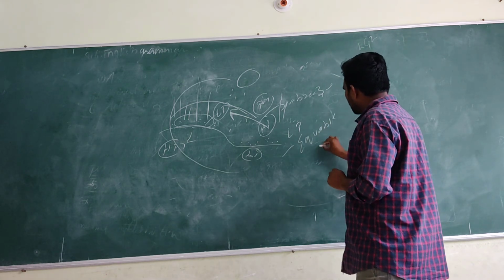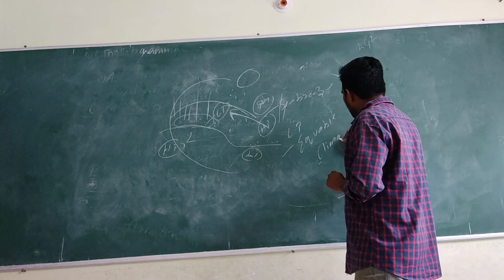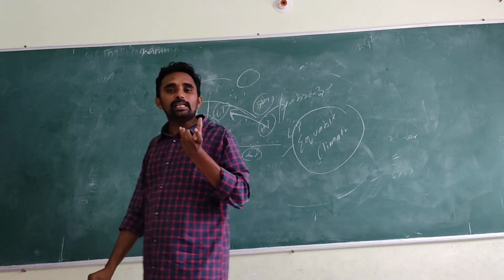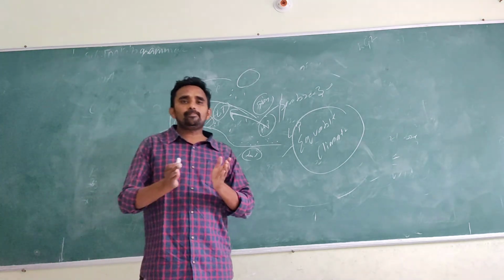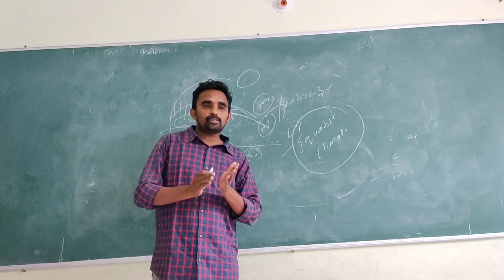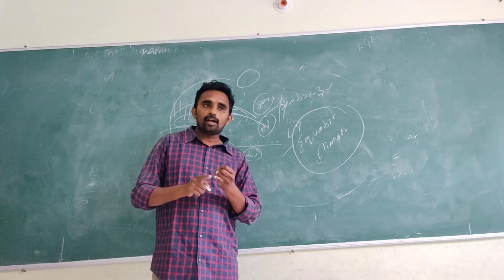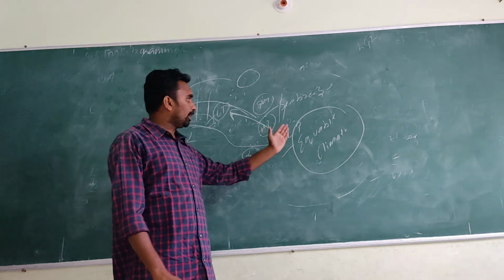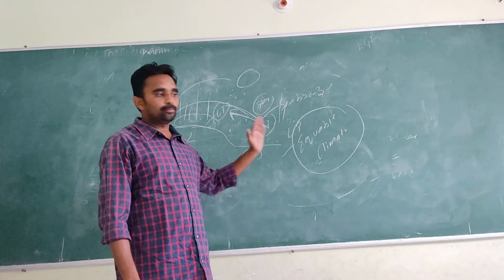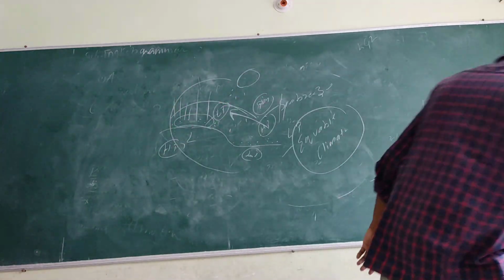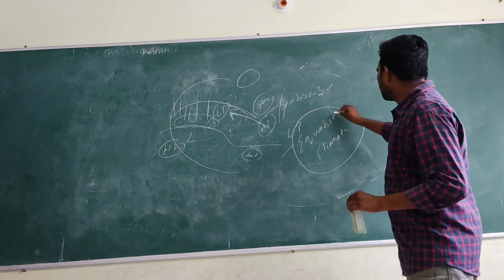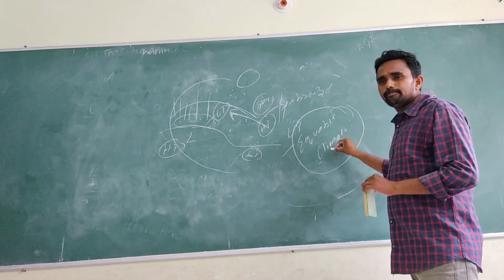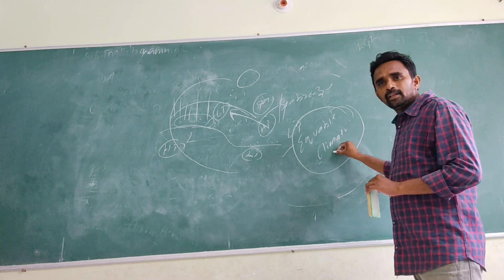What is the type of climate? Equable climate. What is the meaning of equable climate? There will be less temperature difference between day and night, and also during the seasons. That type of climate is known as the equable climate. Very important topic. What is meant by equable climate? The temperature differences between the day and night and during the